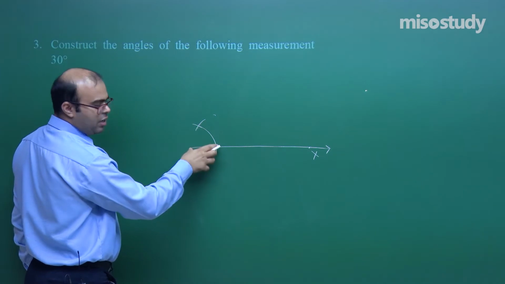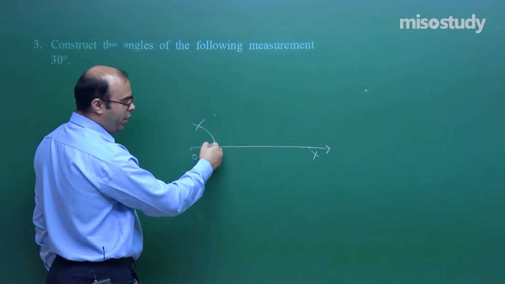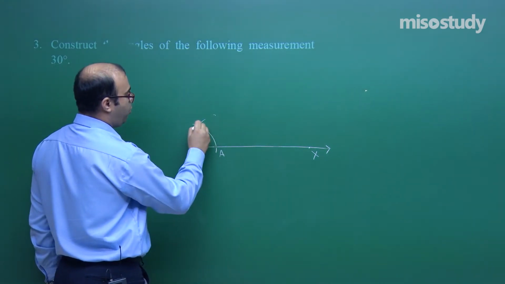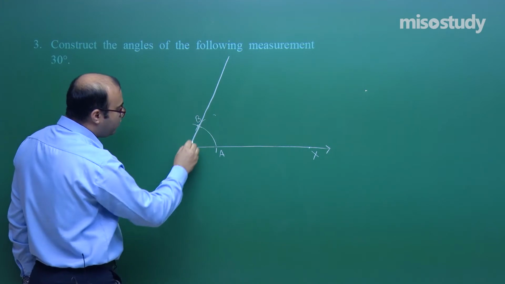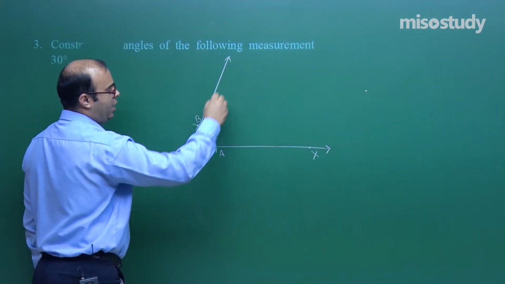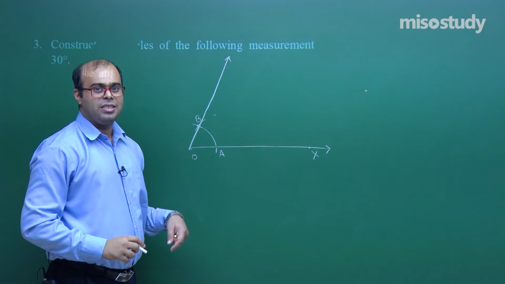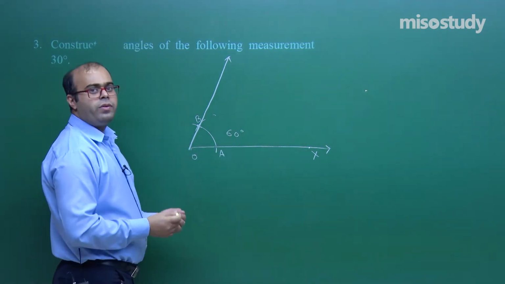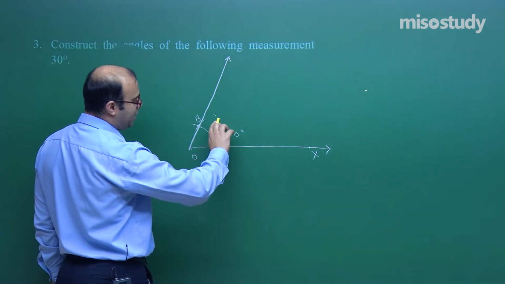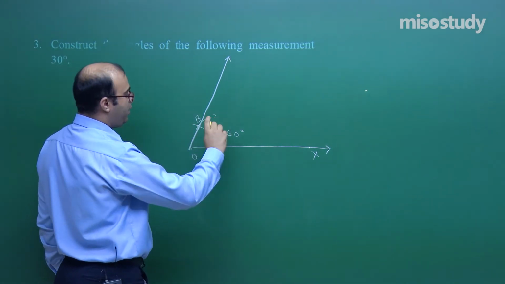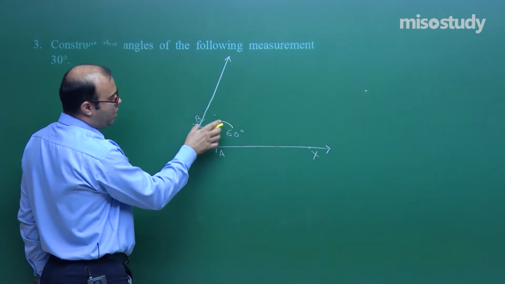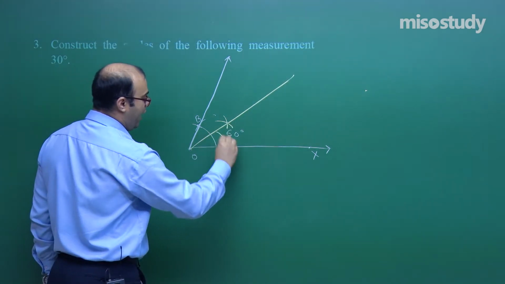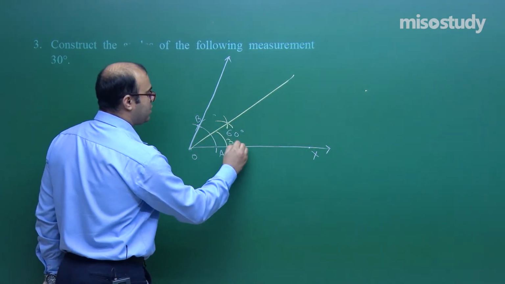So first we draw this arc intersects OX at this point, suppose A, taking that as the center and the same radius, draw this arc, this point is B. If we join OB, this OB ray and OX ray enclose an angle 60 degree, this we studied. So this makes a 60 degree. Now further what we have to do, we have to make angle bisector. So taking A as center and distance more than half of AB, we draw an arc, and same radius with B as center, we draw another arc and we join this. So this is actually angle bisector of 60 degrees. So this angle is 30 degrees, students.